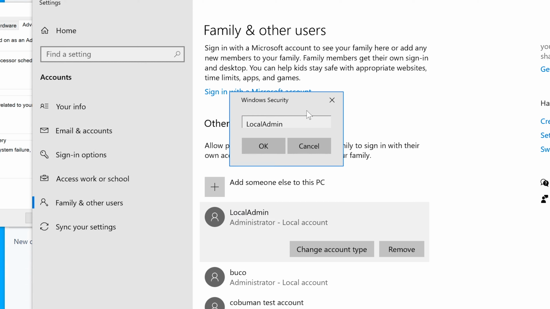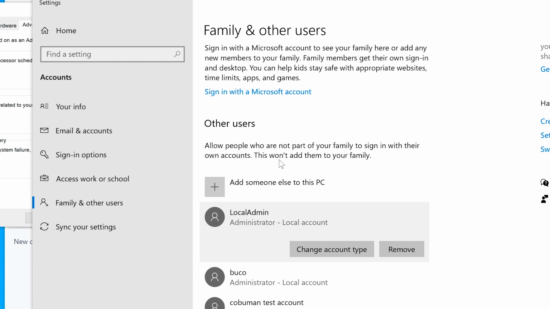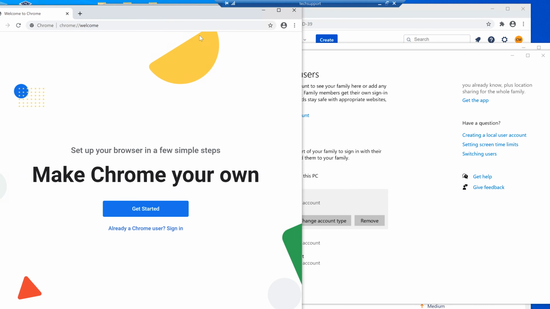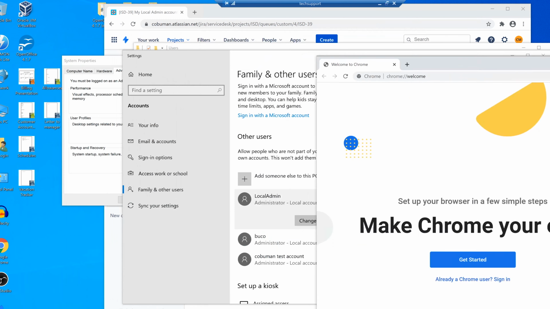If I tab over, it's actually in the password space. I'm sorry, you can't see it. It's because of the scaling on this 4K monitor and using a remote desktop session specifically. So if I click OK, I've typed in local admin and the password below. You just can't see it. And I'm just going to click OK, and now it's going to run Chrome under that specific